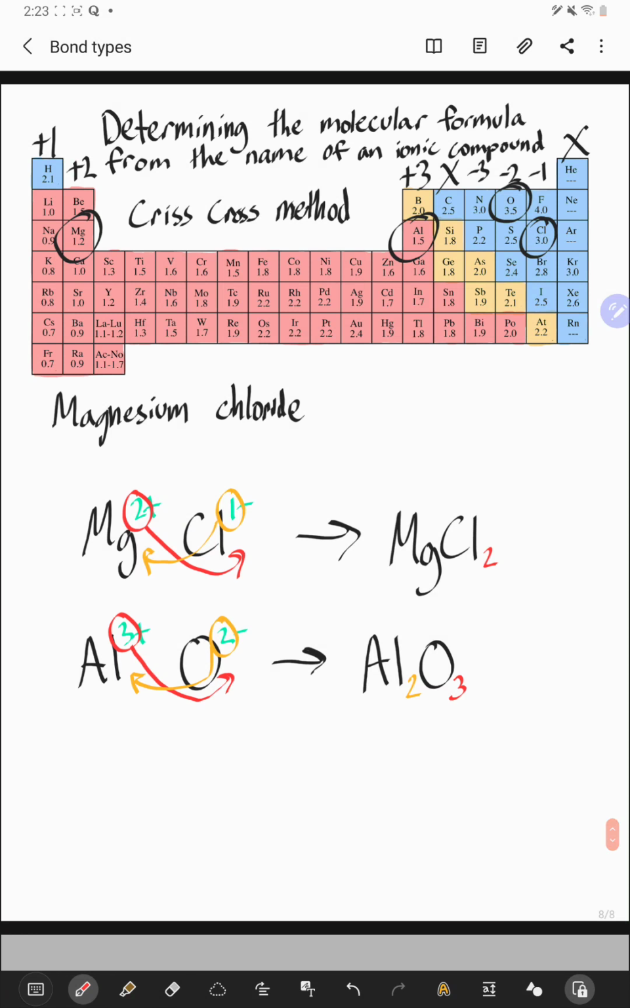All right, a couple of important things with this method. Let's do another example just to show something that's important that some of you might forget. Let's say I have calcium oxide. Calcium has a positive 2 charge, and then oxygen has a negative 2 charge. All right. And then we do our crisscross method, and the 2 is going to get written right here, and then we're going to write this 2 right here. So we're going to get a final product of